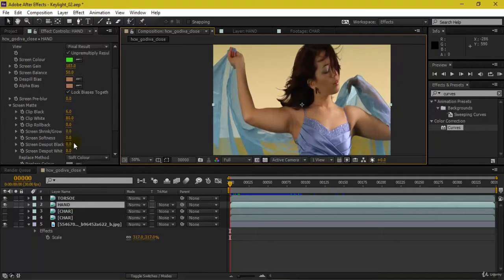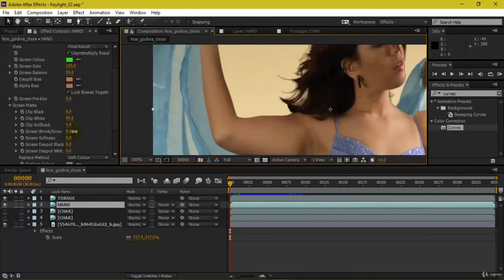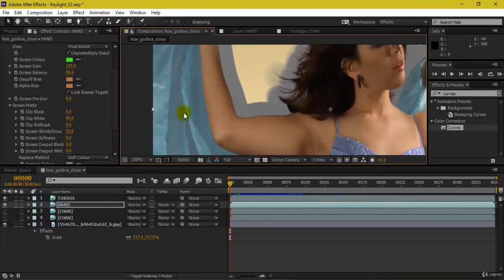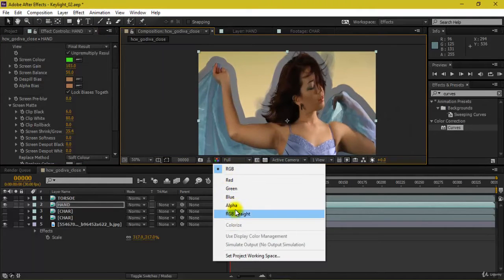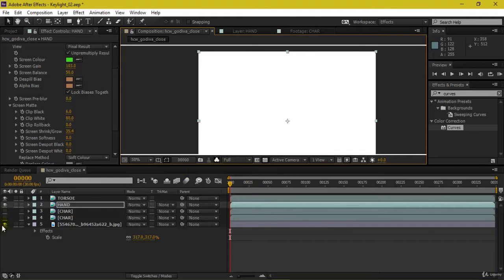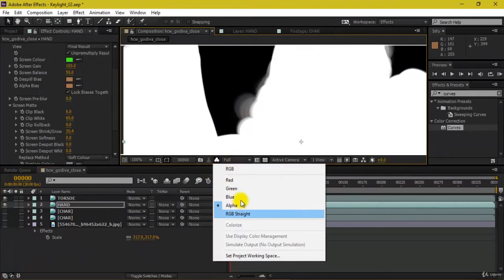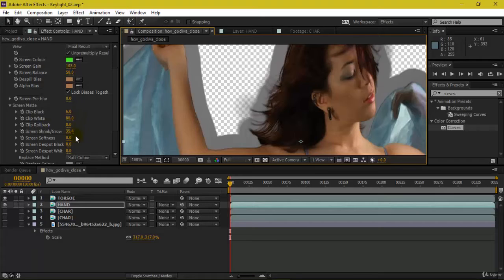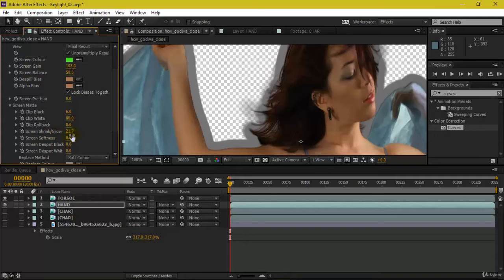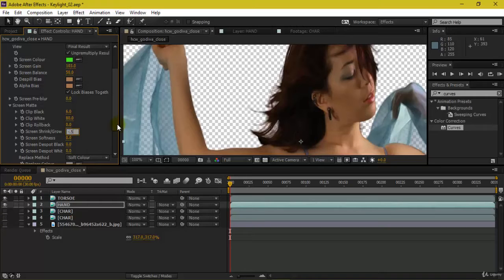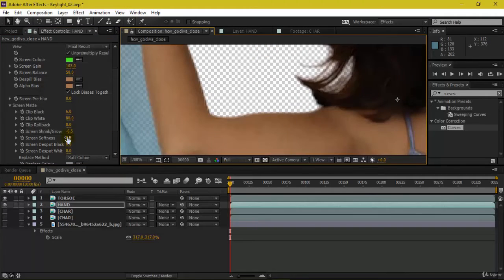So what we're going to do here is go to an option known as screen shrink or grow. If I increase this, it actually increases my matte as well. If you see the matte from my alpha, it is also increasing. This is around 95% transparent, and if I go back to my RGB, I will be shrinking this down a bit. By default it is 0, so I will make this minus 0.5. If you see here on the edges, if I hit 1 again, it goes something like this.